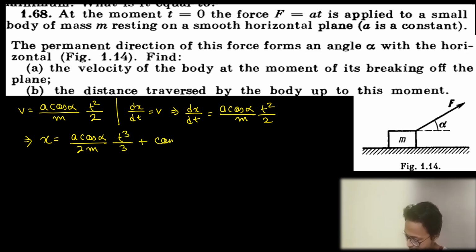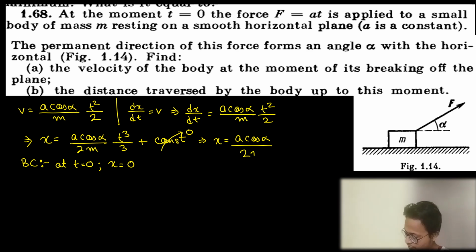plus some constant. Okay, so whenever there is an indefinite integral, we put up a boundary condition, and out here the boundary condition is at t equal to 0, x is equal to 0. Why? Because the body is starting from rest and you have to find out the total distance traveled, no? So at time t equal to 0, distance traveled is equal to 0. So if you put t equal to 0, x equal to 0 out here, we get the value of the constant as 0. So x is equal to a cos alpha by 2m t